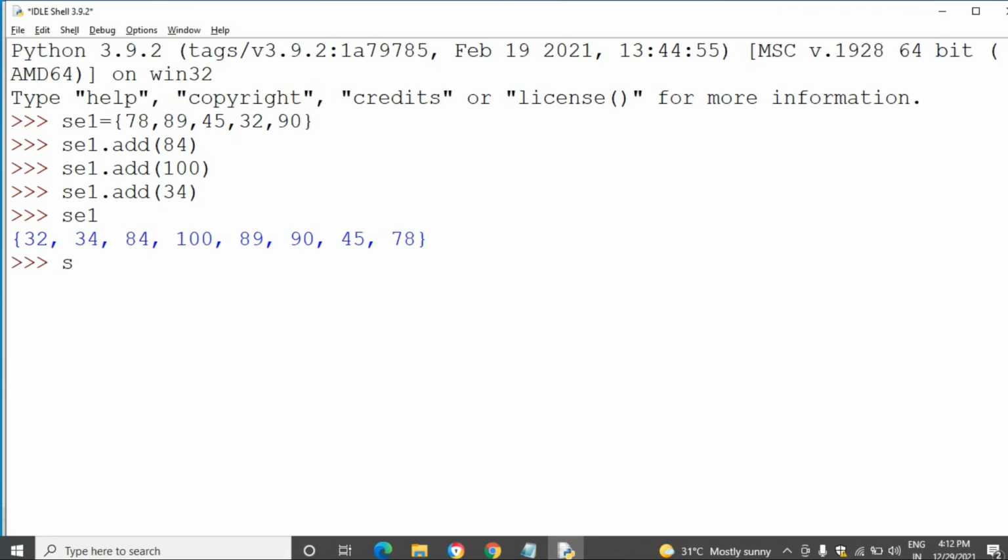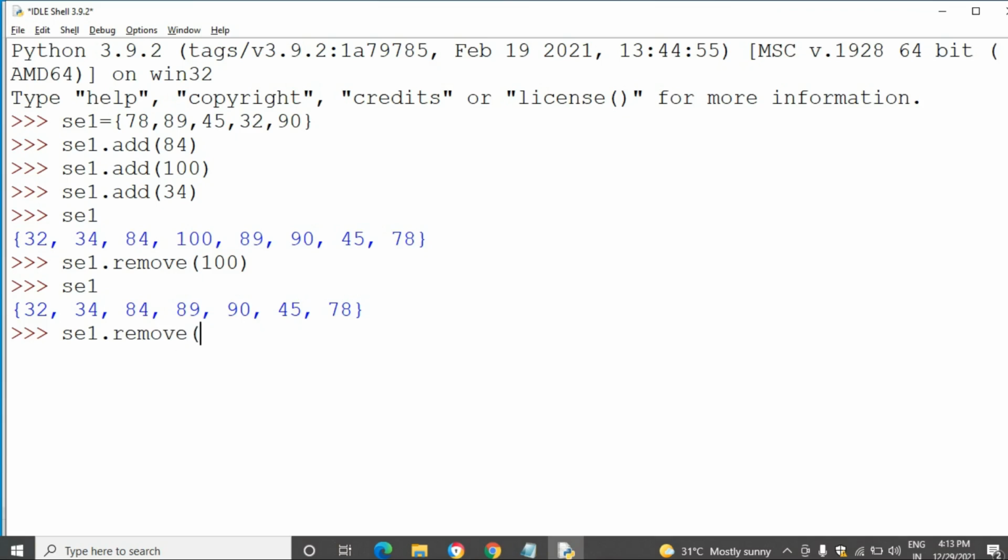For example, I am taking this set1. I want to remove elements from set1. The remove(100). Okay, print the set. See, the element 100 has been removed from the set.